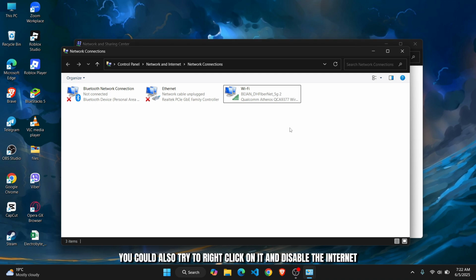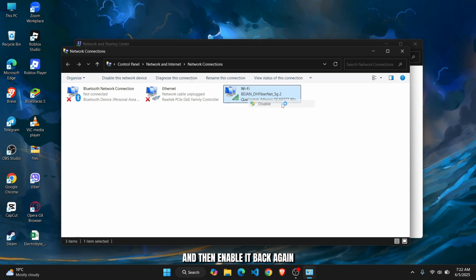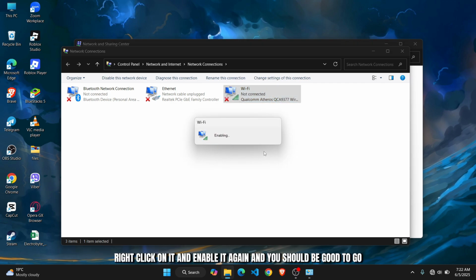After doing this, you could also try to right click on it and disable the internet and then enable it back again. So once you disable it, right click on it and enable it again, and you should be good